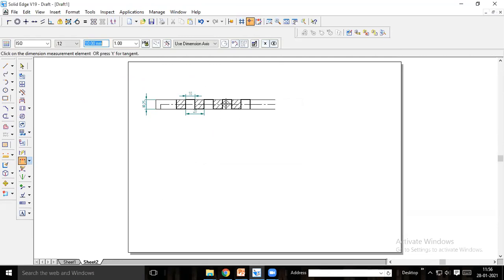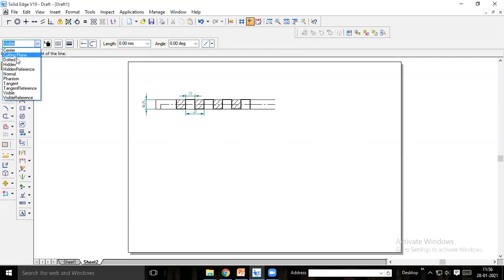Okay, so if this is the internal one. For an external thread, when you are doing it, you have to take only 10 instead of 10.2. There is no clearance there. You have to take 10, and there is no chamfer for an external thread. It is very simple, and the external one is still simpler.